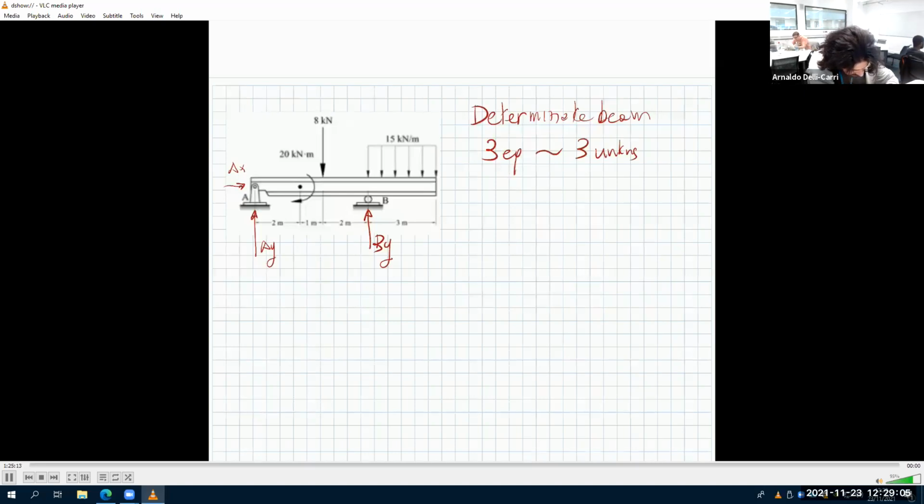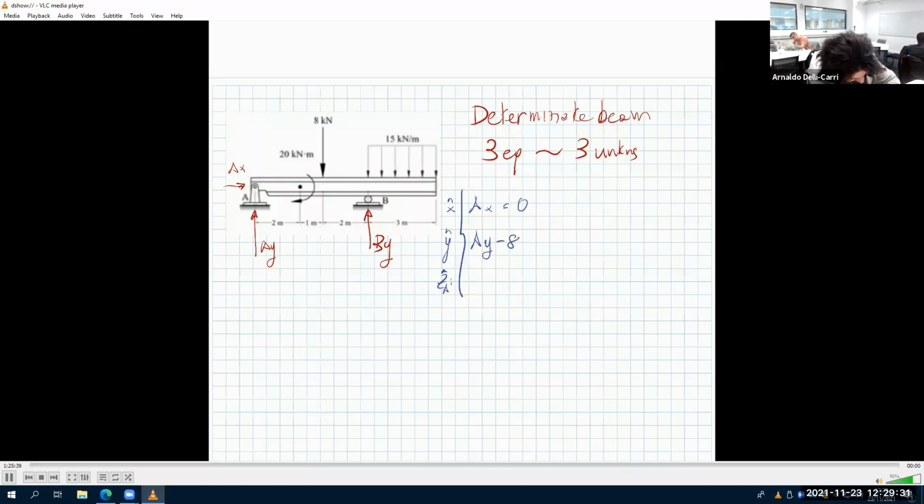And so let's write the equations. You should agree with me that there are no horizontal actions, so AX is 0. That's my first very simple equation. In Y, so this is in X, in Y, and in Z around a certain point. Which point do we want to calculate the moments about? Let's say A. In Y, we have AY